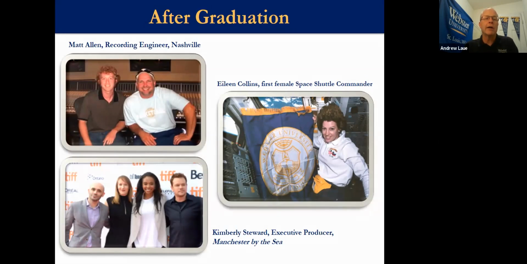So he has engineered some of Garth Brooks's records and albums, and he's a recording engineer at some of the major studios in Nashville. This is Eileen Collins, who was the first female shuttle commander. That really is the Webster flag that is about 260 miles or so above the earth. Not sure how she was able to take that on there. NASA is usually pretty specific about what you have, weight and everything, but that really is the